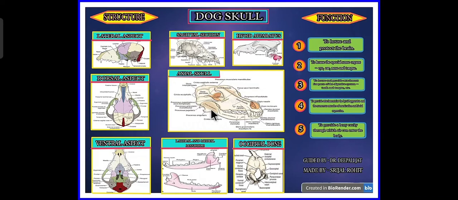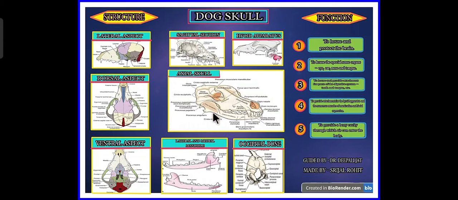Let us go through the bones of the cranium in a bit more detail. First is the parietal bone, which makes up the cranial surface wall. Second is the temporal, which is located under the parietal bone on the caudal surface of the skull. Third is the frontal, which forms the front of the cranium. Occipital is the bone of the skull on the caudal aspect. Sphenoid is located on the ventral part of the skull, forming the floor of the cranial cavity. Sagittal crest is a ridge of bone on the dorsal midline of the skull.